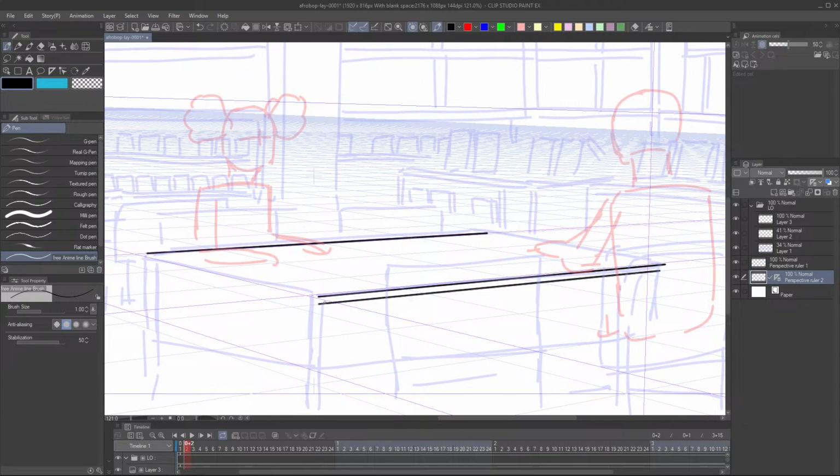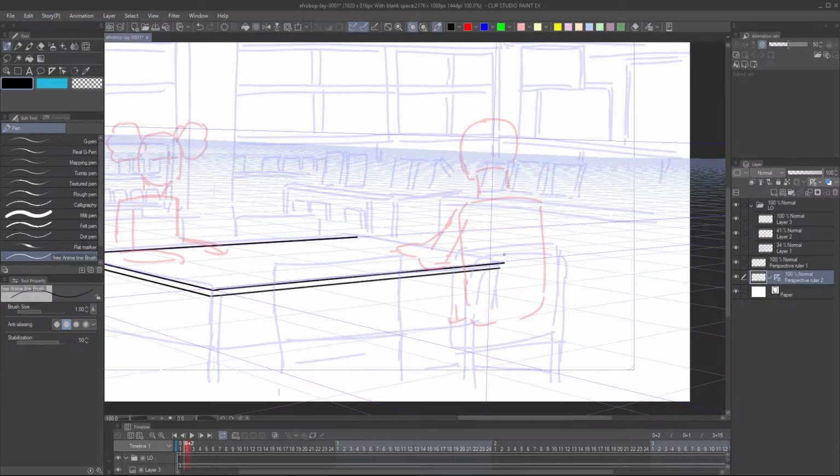So let's continue. So you can see the lines are snapping properly. Okay. So just bring the basic shapes, then